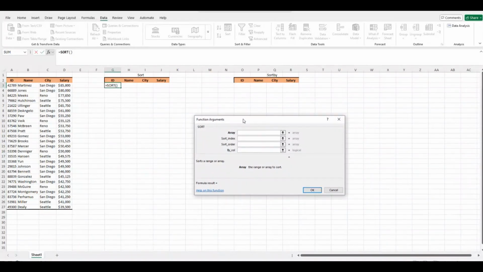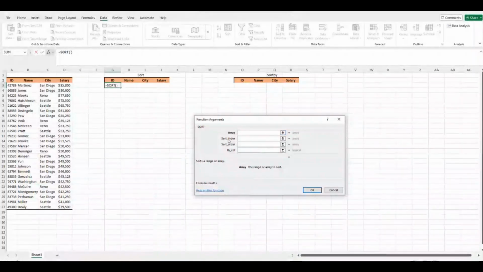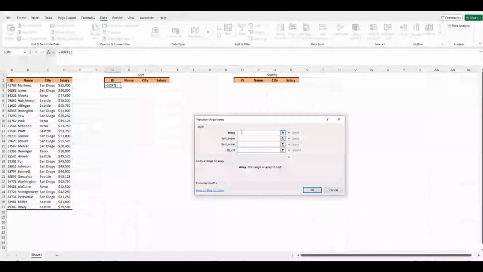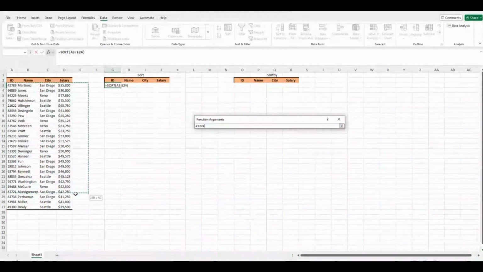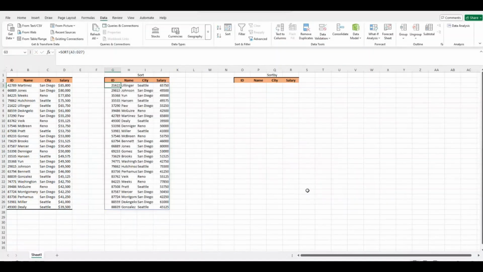And in the function window, you will notice that only one of the arguments is mandatory here, which means it will run even if you just type the first array. So right now, I'll just select this array that I want to sort, and I'm not going to add any other arguments here as of now. When I do that, I click OK. Notice that it looks something different than this one